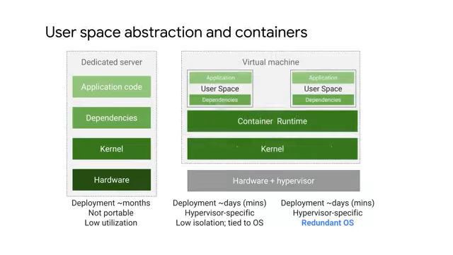A more efficient way to resolve the dependency problem is to implement abstraction at the level of the application and its dependencies. You don't have to virtualize the entire machine or even the entire operating system, but just the user space. And again, the user space is all of the code that resides above the kernel, and it includes the applications and their dependencies. This is what it means to create containers. Containers are isolated user spaces for running application code.